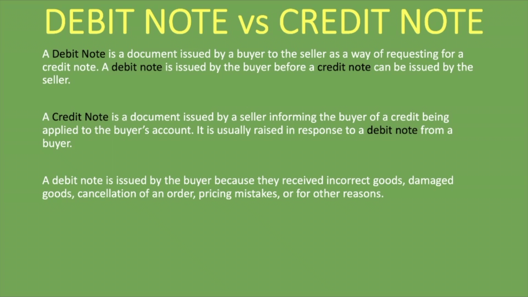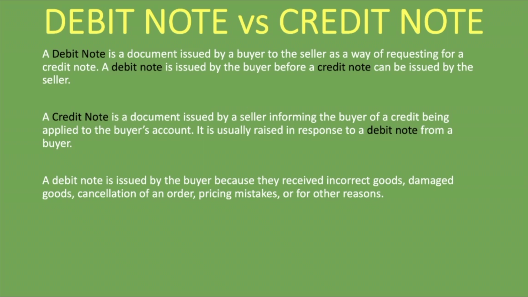And that is when the seller would issue back the buyer with a credit note showing that, okay, I've reversed what you owe us, and this is exactly what is detailed in the credit note. After that, that is when the seller would be able to issue a new invoice with the details that are correct. Another reason a debit note is issued by the buyer is if the